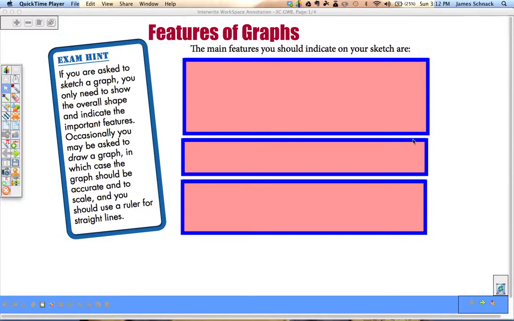Hello to us all. So we are going to be looking at more graphing today. We're going to be looking at some features of graphs and some things to make sure that we all are